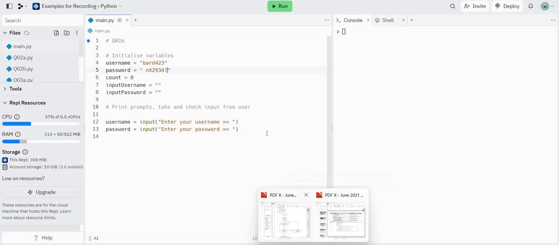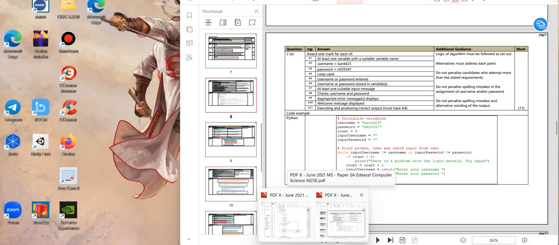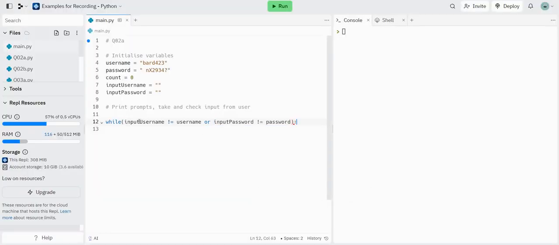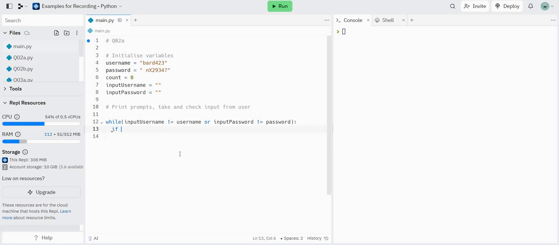And then we're going to want a while loop. So whilst username is not equal to input username, or the smartest way to do it is whilst input username is not equal to username, or, this is where we need an or operator, input password is not equal to password, boom. And then what we need now, if count is greater than 0,